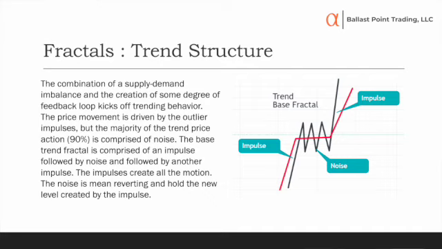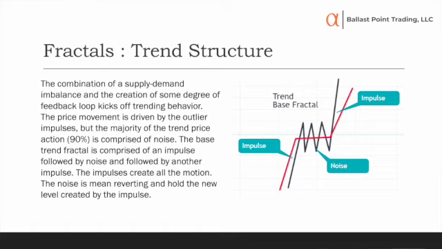In trend, when a trend develops, one of the things I'm going to look for here is one of the building blocks for a trend, this base fractal for trend. And what a base fractal will incorporate is an impulsive move with a noise state followed by another impulsive move. So it's impulse, noise, impulse, surge, noise, surge. Say there were 20 bars in this fractal right here. 2 of them created motion probably. The rest of it is all noise in the middle between those 2.